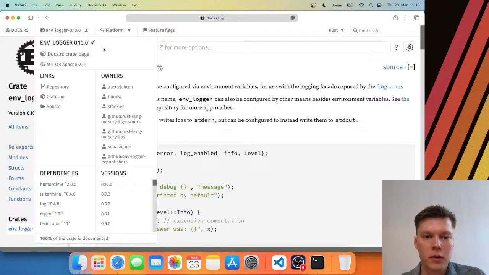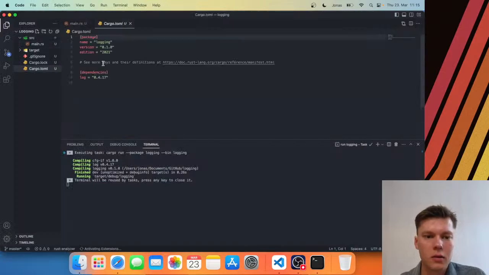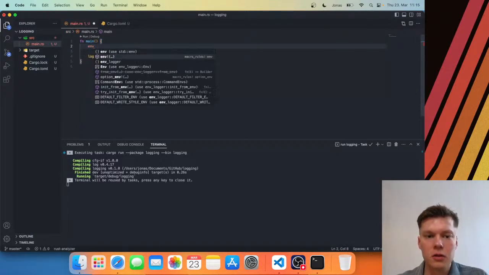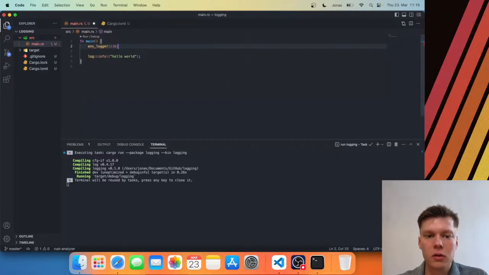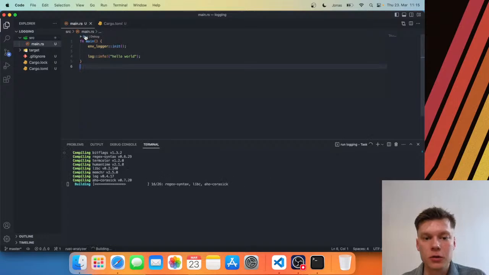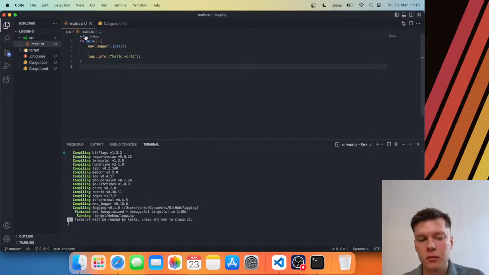So let's bring that dependency in as well. And right at the start, you want to do this as early as you can. This should be done as soon as possible, before any other code gets run, ideally. You want to call init. And now what you can see, first of all,